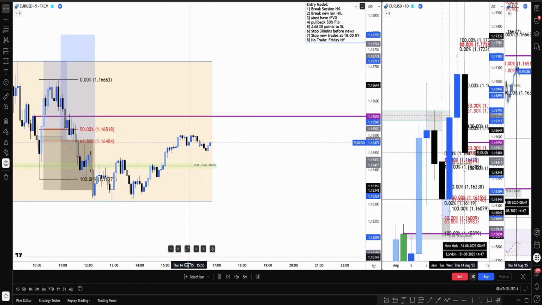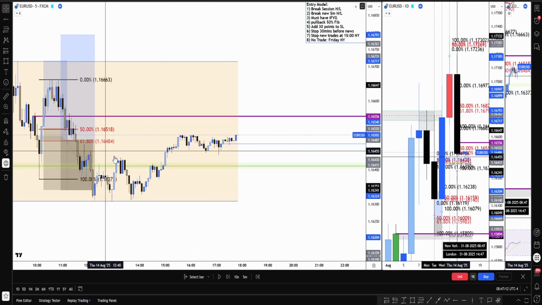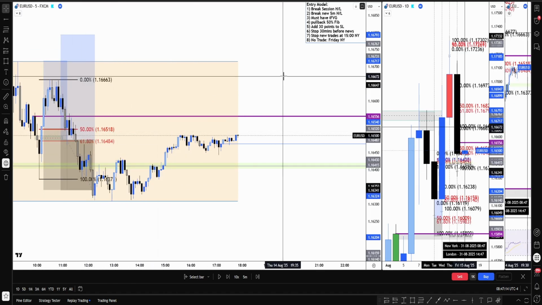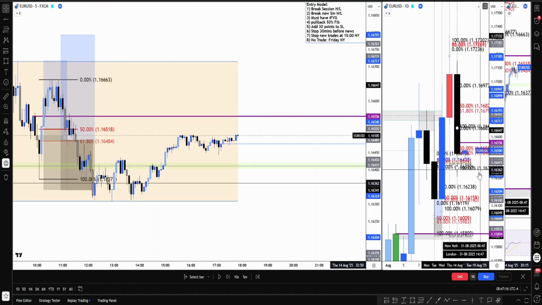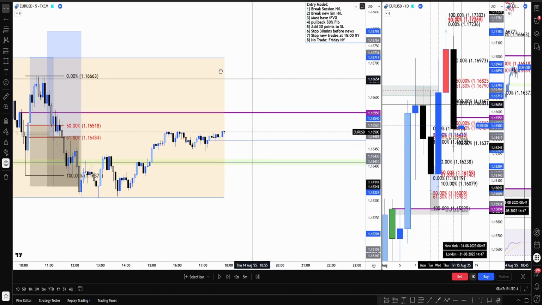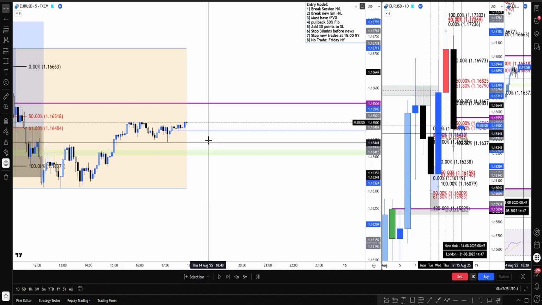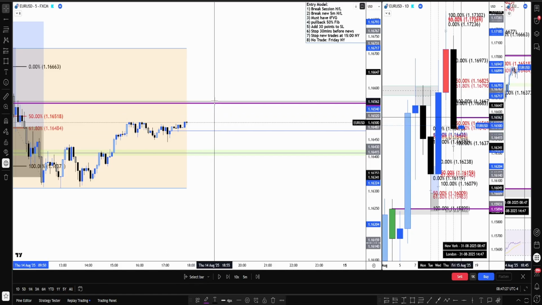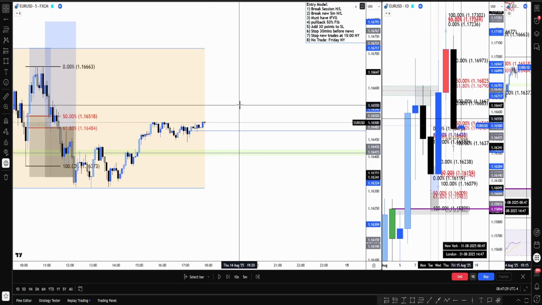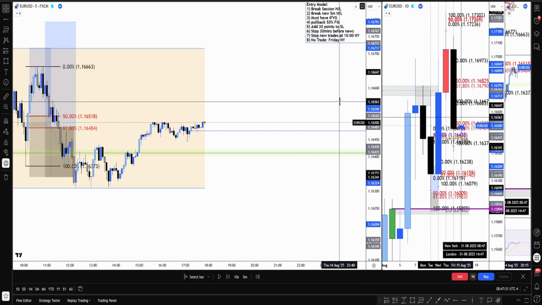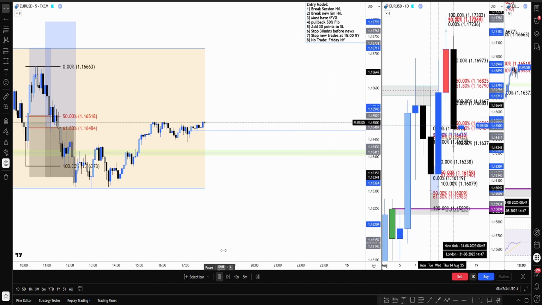You see how unfortunate this is? Price took us out and then started reversing, but there's nothing much you can do about that. That's part of trading. As long as you stick to your trading model, then everything will be perfectly fine, and you will stay ahead of your money management. All right, so let's move on to the 15th of August.